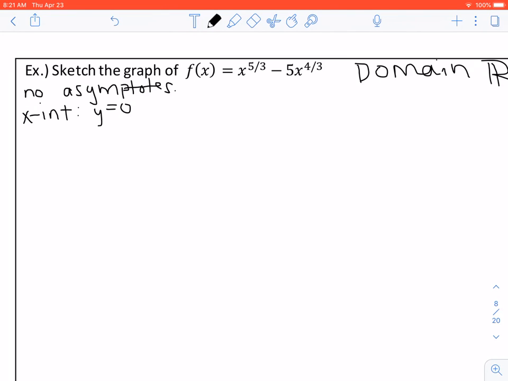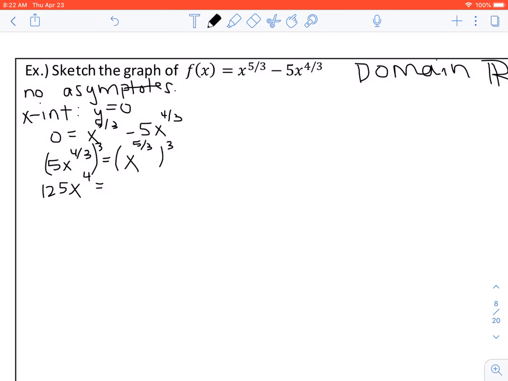And when y is equal to 0, we have 0 equals x to the 5/3 minus 5x to the 4/3. I'm going to move my 5x to the 4/3 to the other side, and then I'm going to raise both of these to the third power. And when I do that, I get 5 to the third, which is 125, x to the fourth equals x to the fifth. And moving everything on one side, I get x to the fifth minus 125 x to the fourth equals 0. Factoring out x to the fourth,